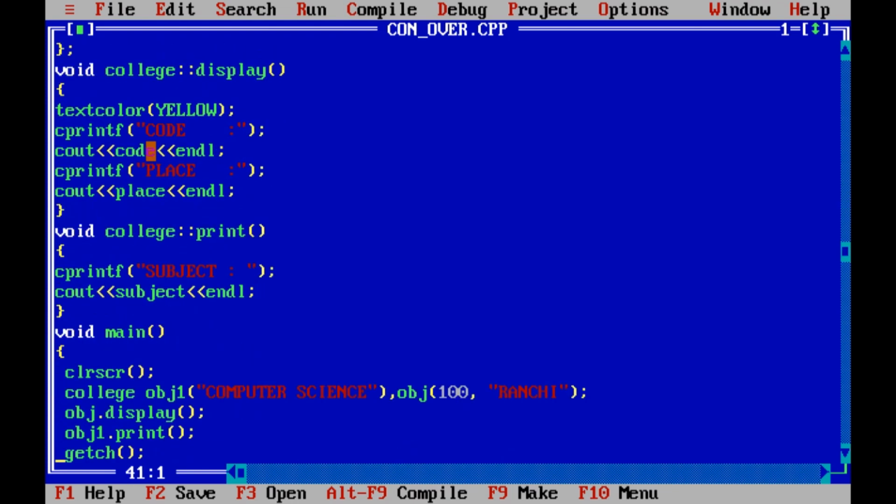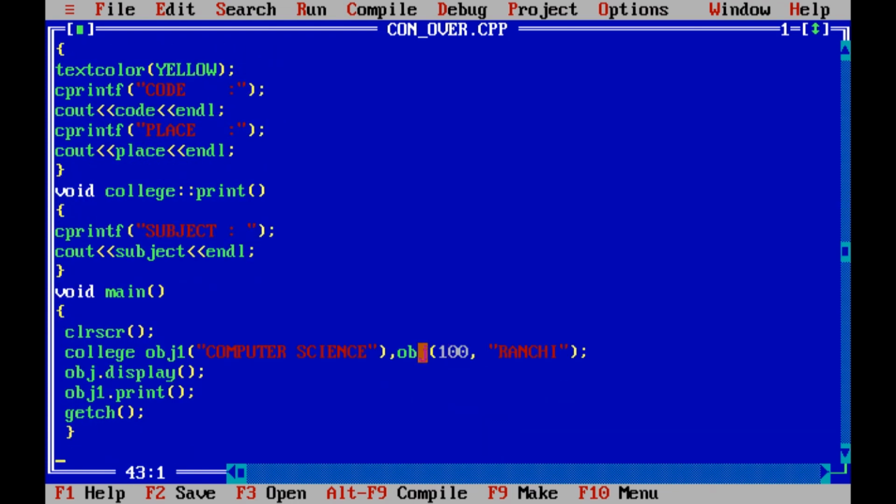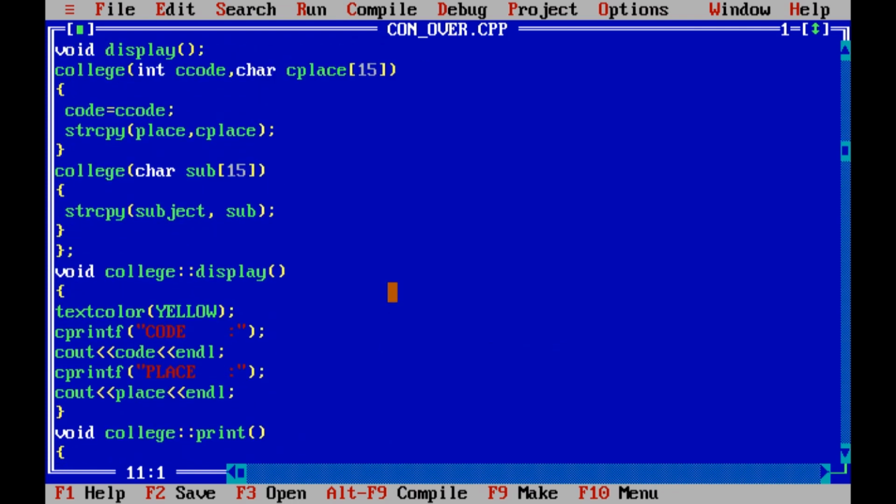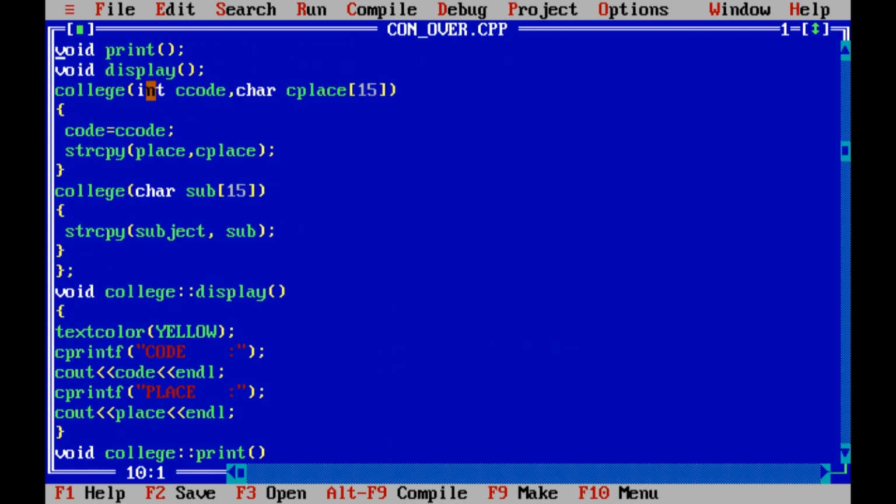In the same way, in the same line, after a comma, we have created one more object with two parameters. So this is 100. For an integer we will not put any double quotation, and a comma, and then next is Ranchi. The same format is in our other constructor: the first one is in integer form and the second one is in char form, and this is c code and c place. So c code will receive 100 and c place will receive Ranchi.